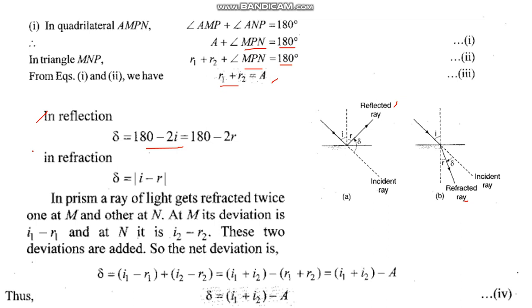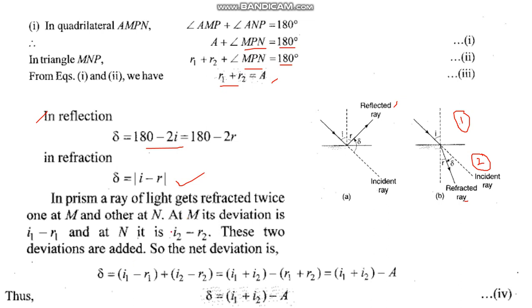In the case of refraction, this is your angle I, this is medium 1, and this is medium 2. So the ray bent. You take this normal line as the reference, and these are opposite angles. I must be equal to r plus delta, or delta must be equal to I minus r. This is another useful result we get from this.